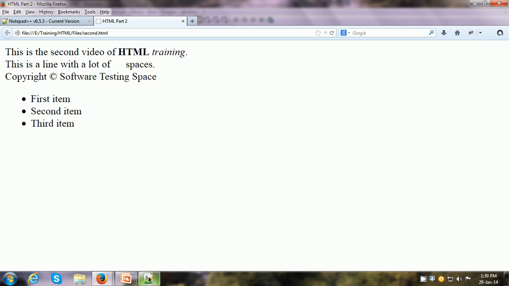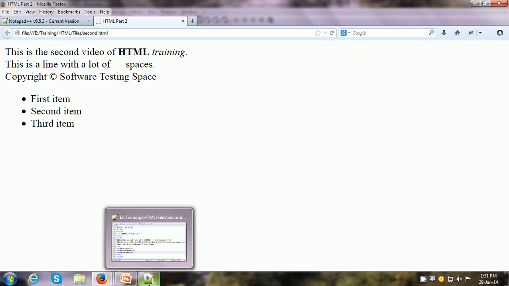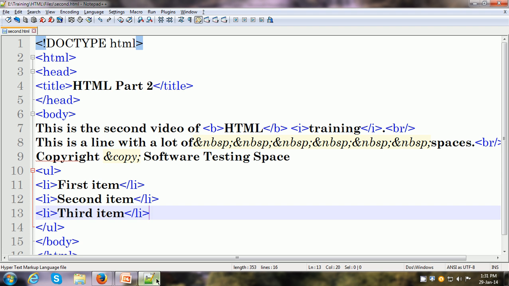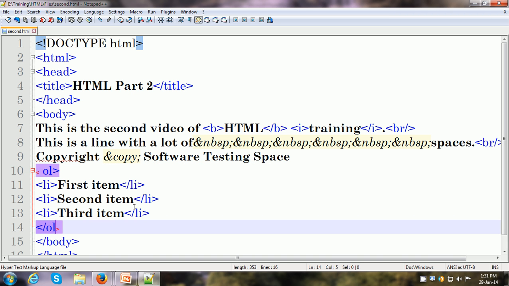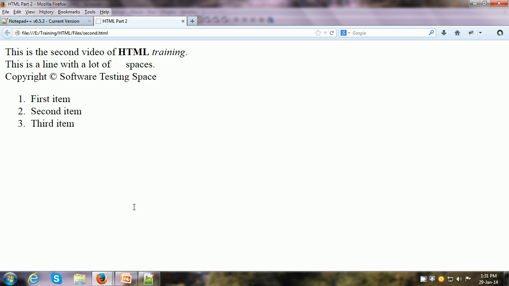and now when I refresh the web page, you can see that a list has appeared. Now this list is not numbered, it is called an unordered list. We can make it an ordered list by having numbers in it. All we need to do is replace ul with ol. Ol stands for ordered list. So I just replaced ul with ol and made sure it is saved, and now we can see the numbers over here.